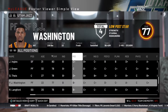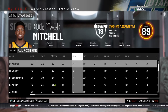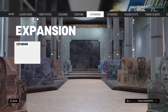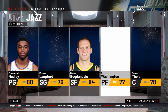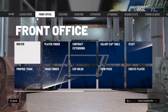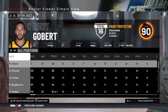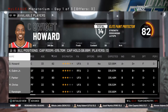It actually gave us not really any cap relief, but the fact that we do have Romeo Langford, who's a good young player, and PJ Washington, who's a good young player, as our backup options, I think that'll really help us. And then if we go to our lineup, you can see who we got. We're going to have to re-sign, I think, Mike Conley, or give him an extension maybe. Definitely nowhere near what he was getting. But other than that, I think we should be pretty good, because obviously we still can't do anything in free